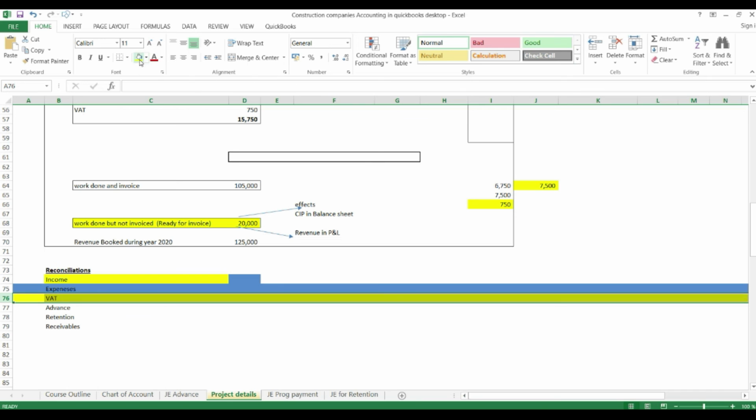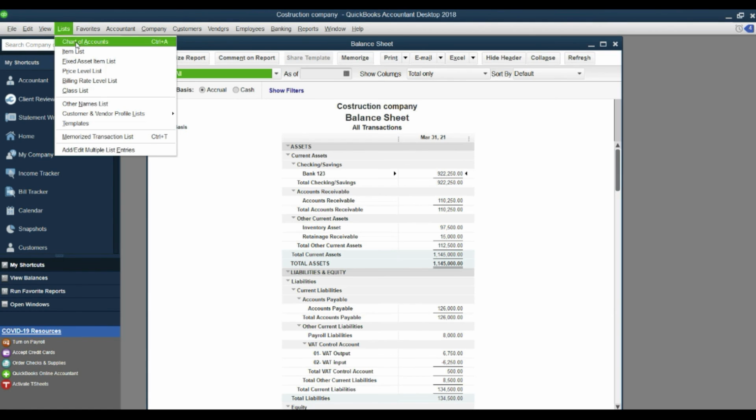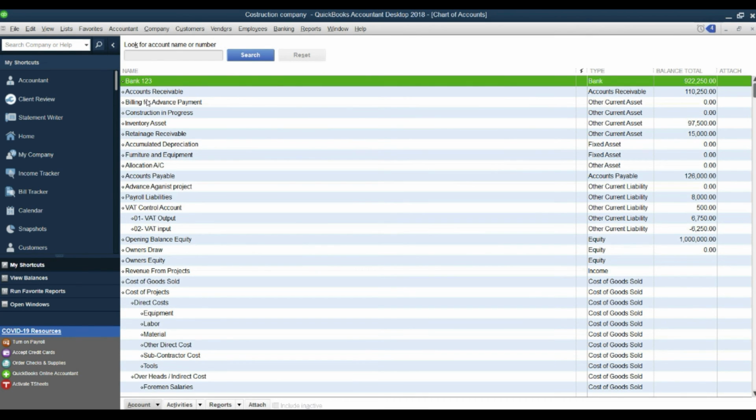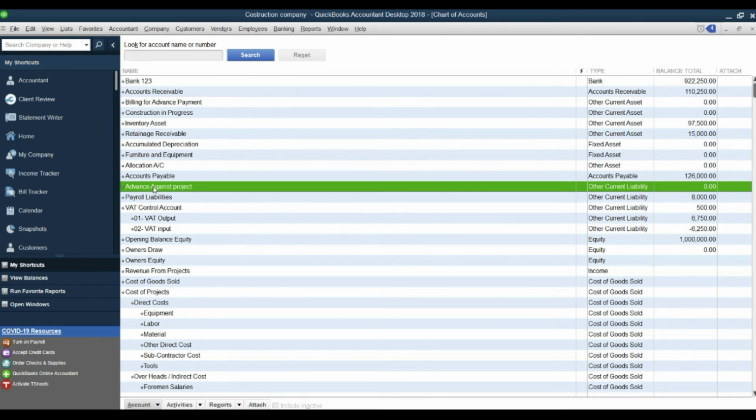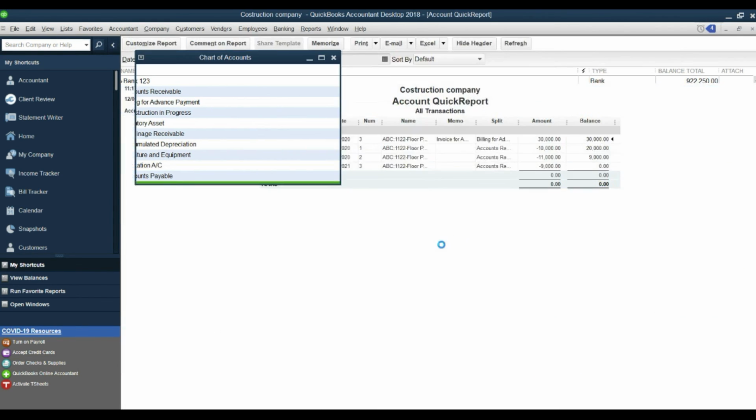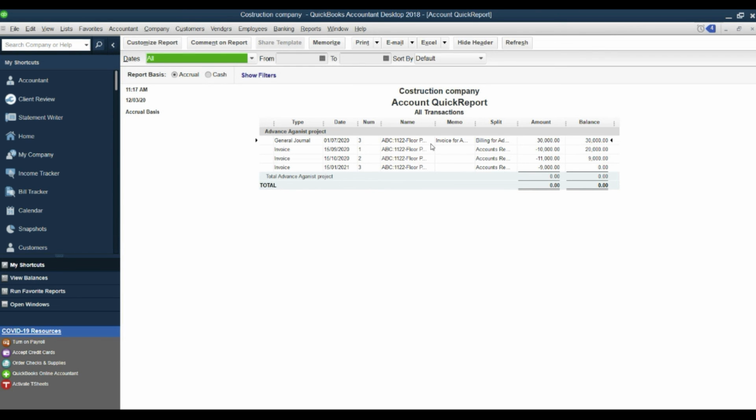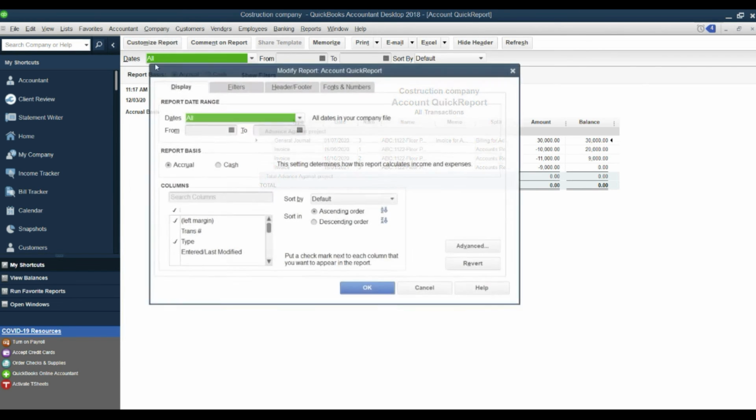VAT is done. Now let's go for the advance. What happened to our advance? Let's see the list in the chart of account. You can see over here mobilization advance, advance against project. It's our liability somewhere here. Yes, right click here, and if you see over here, just quick report,